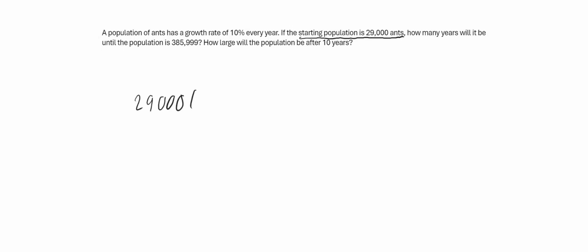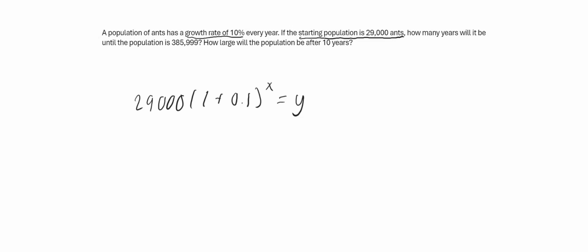29,000. Then we're going to identify our growth rate or decay rate. This is a growth rate of 10%, so we're going to do 1 plus rather than 1 minus, and it will be 0.1 since it's growing by 10%, and this will be to the x power. So our x variable stands for the years passed since the starting population was measured. And then we are going to set that equal to y, which would be the population at each point in